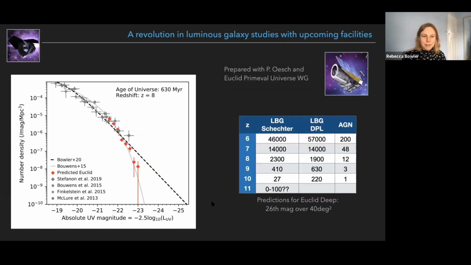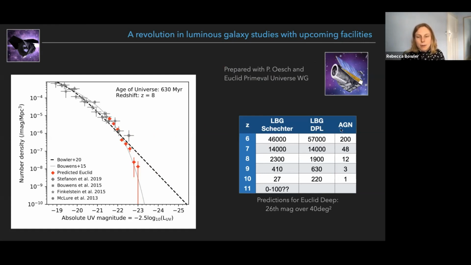In a slightly more pessimistic scenario, where we have this exponential cutoff, we will find fewer galaxies, but fundamentally, I don't really mind which one it is, so long as we then work out what's happening with the astrophysics. If this is the case, then that is also really interesting. It's telling us that these feedback effects do switch on much earlier than we might expect.